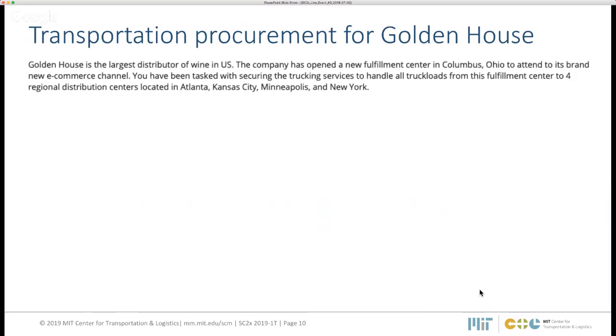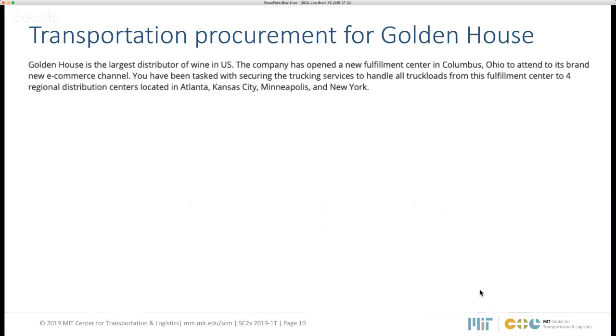We have this company, Golden House, which is the largest distributor of wine in the U.S. The company is currently opening a fulfillment center in Columbus to serve the new e-commerce channel of the company. You have been tasked with securing the trucking services to handle all truckloads from this fulfillment center to 4 regional distribution centers located in Atlanta, Kansas City, Minneapolis, and New York.